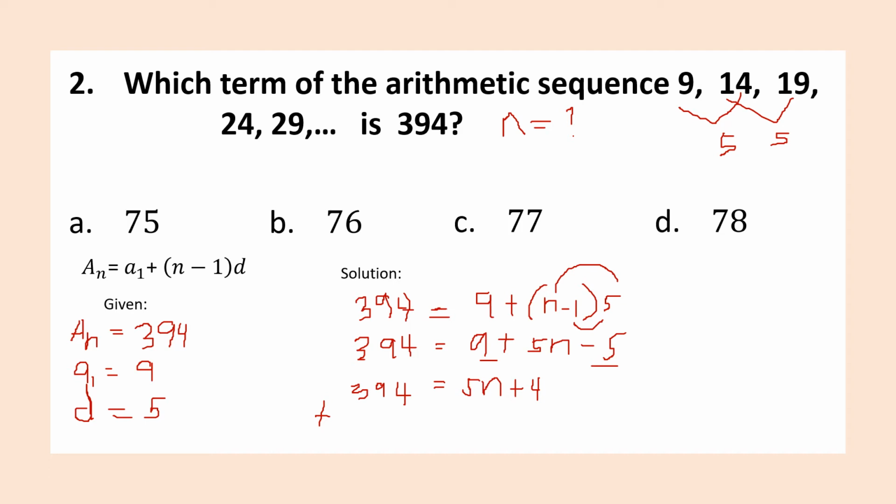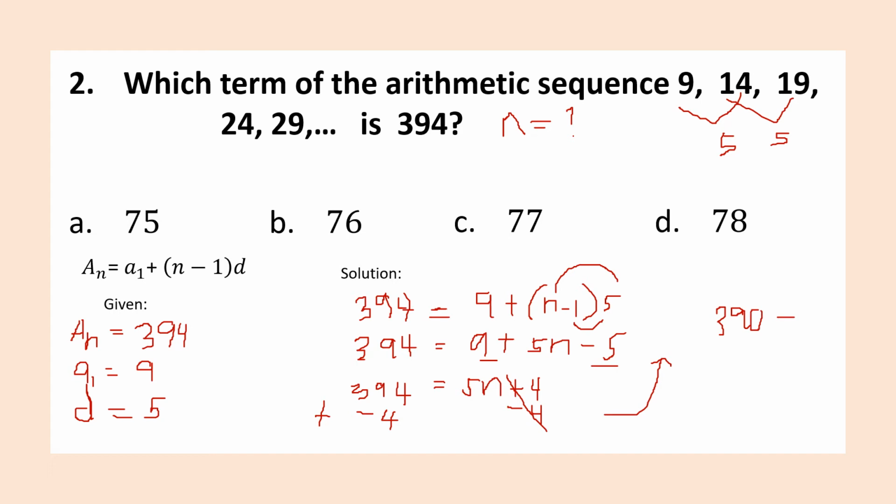or right side ng equation. So, we're going to add negative 4 sa right at dito sa left ng equal symbol. Okay? Para pantay. Okay, so this is cancelled out. Okay, then 394 plus negative 4, that will become 390